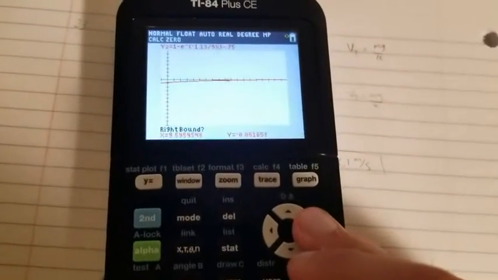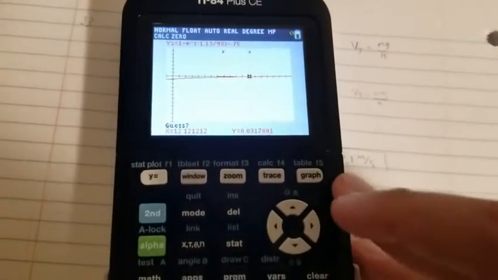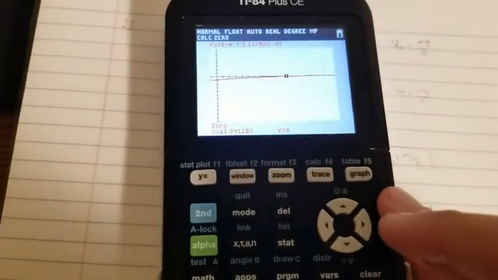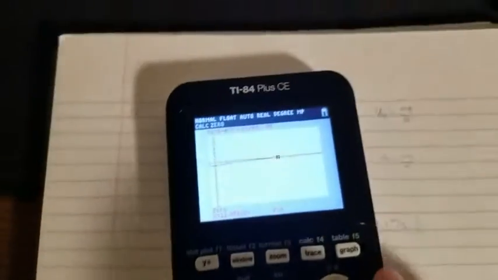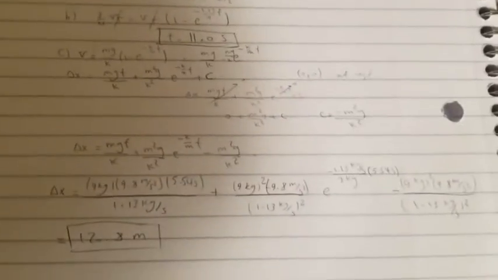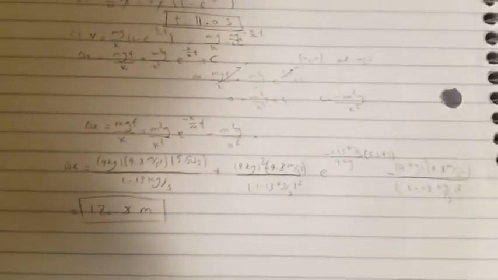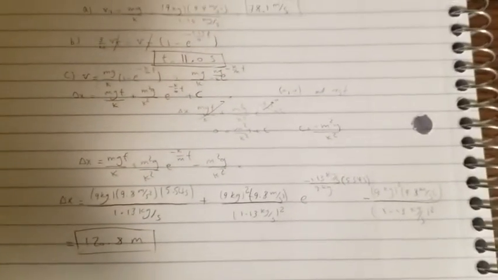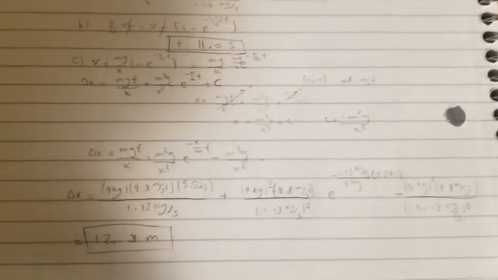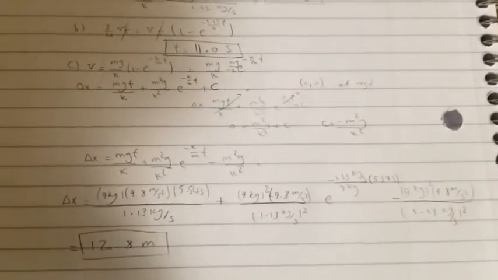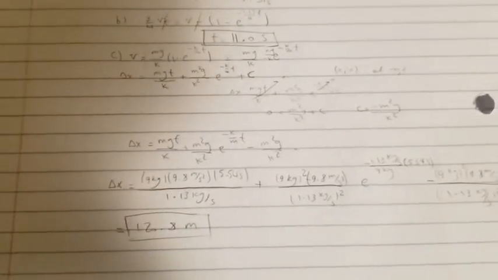So this is the left bound and this is the right bound. Your zero is at 11.04 seconds. We just put that as 11.0 seconds. And that 11.0 seconds is the answer to part B. And for part C, it asks what is the distance that the object traveled at time t equals 5.54. So we just take the antiderivative of